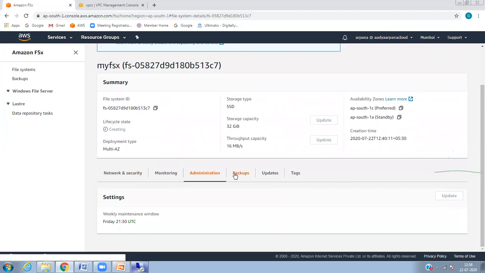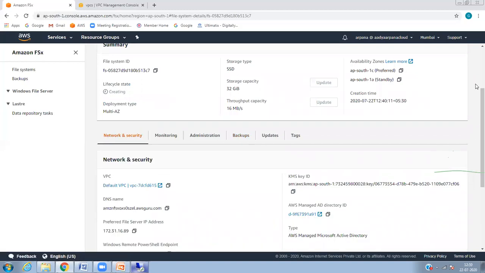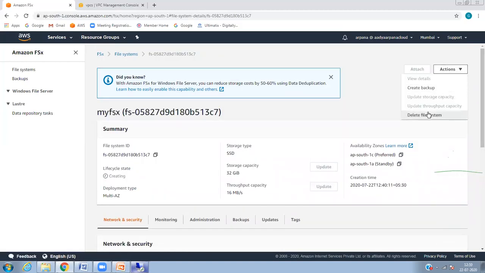Can we create this FSX once again? Sorry, FSX. Yeah, sure. We can create it as 300 GB. Let it be, because it's taking time.